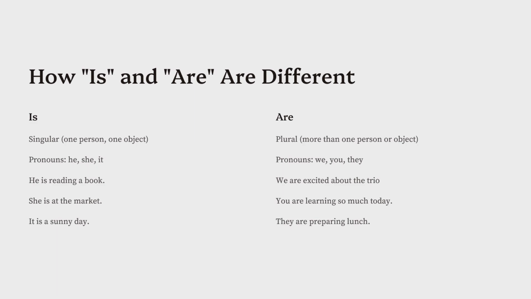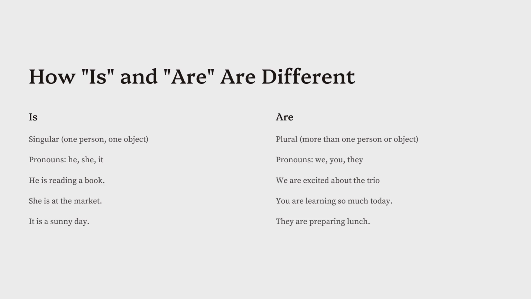Now this is where the two forms differ. Single versus plural. Okay, so is works on a singular subject while are covers plural ones. And don't forget about those pronouns, right? Is connects with he, she, and it, our third person singulars, and then are works alongside we, you, they, our plural friendly pronouns. So hopefully you can keep this table in mind, that way you don't mix up these two,